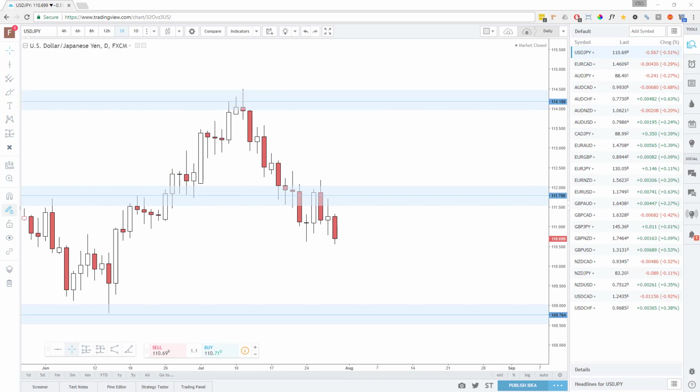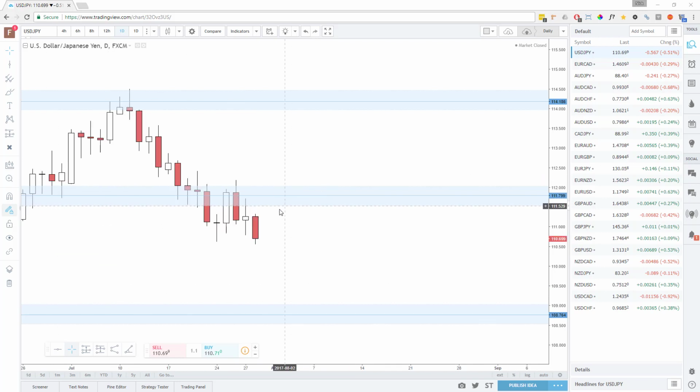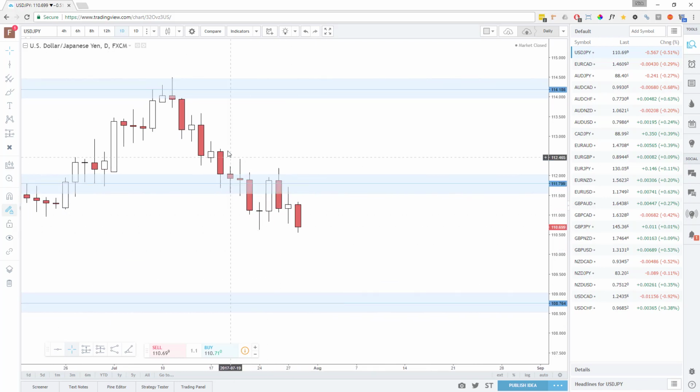Now, obviously, this doesn't always work out. You're not going to be successful every single time. I mean, if you were, then the Forex market wouldn't exist, because if someone was successful all the time, everyone would be buying and selling at the same time. Anyway, point is, it doesn't work every time. So here's another example